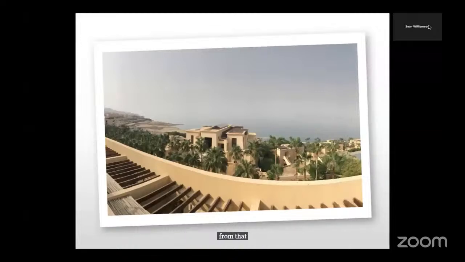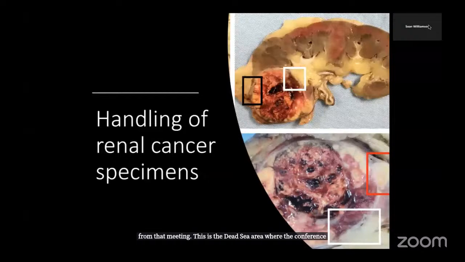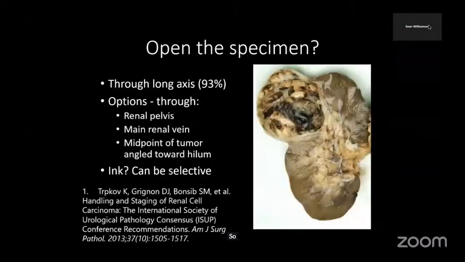This is the Dead Sea area where the conference was held. So for handling of renal cancer specimens, one issue that may come up is how to open a radical nephrectomy